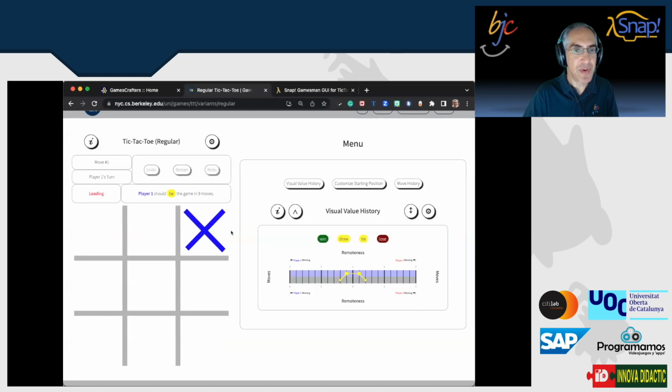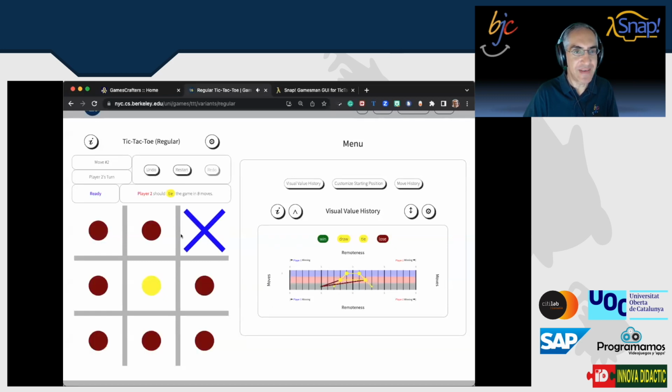So if I move up here, it says that if O, tic-tac-toe, but if you don't know, this game is also called noughts and crosses in other countries. It's a game of 3 in a row, and you take turns, and you can't place a piece on a position that's already been taken. And the goal is to get 3 in a row horizontally, vertically, or diagonally. So this says that if O places here, it's the only way to preserve a tie. You may not have seen this before, but maybe you've played tic-tac-toe in the past and you say, well, you know, if someone goes in the corner, you got to go in the middle.